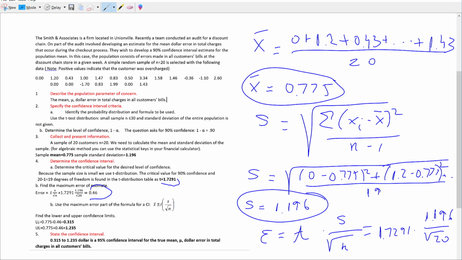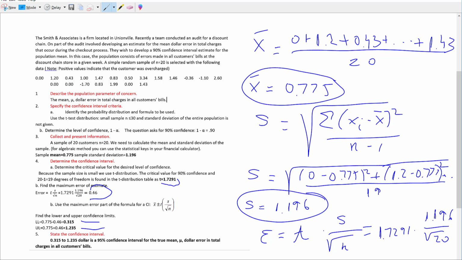If we subtract .46 from the mean, so .775 minus the error .46, we have the lower limit of this interval as .315. We add the error to the mean and we have the upper limit of this interval. So .775 plus .46, we have the upper limit of the confidence interval estimate